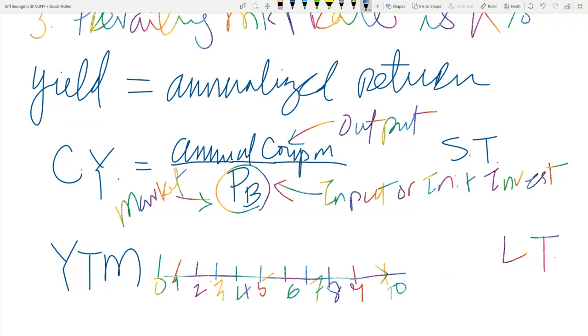So in our example, we have 10 years left to maturity, right? And if you hold it until maturity, then the annualized return, that's yield to maturity. That's why they call it long-term return. But again, it's not that simple. I mean, it's simple, but mathematically,